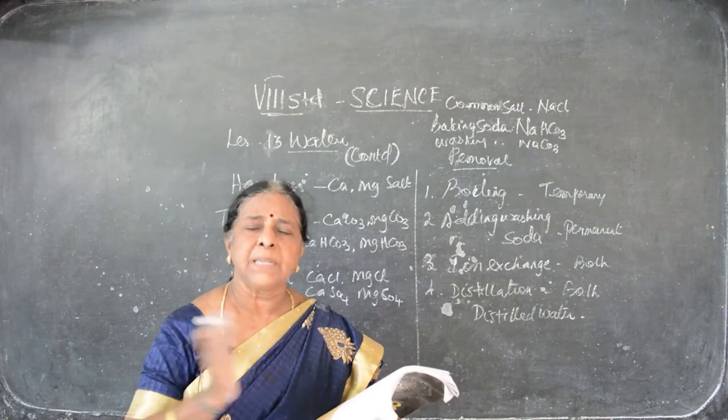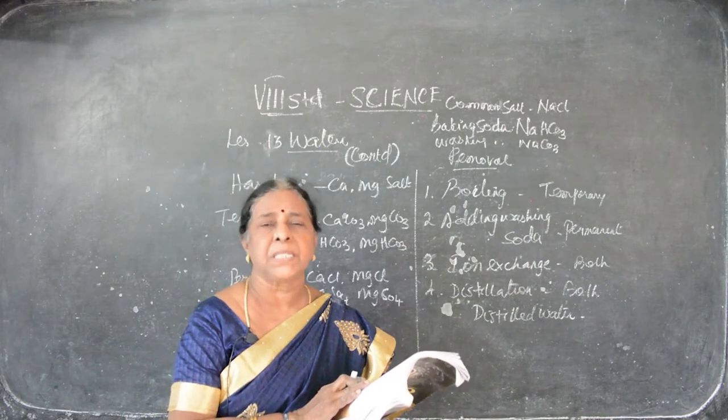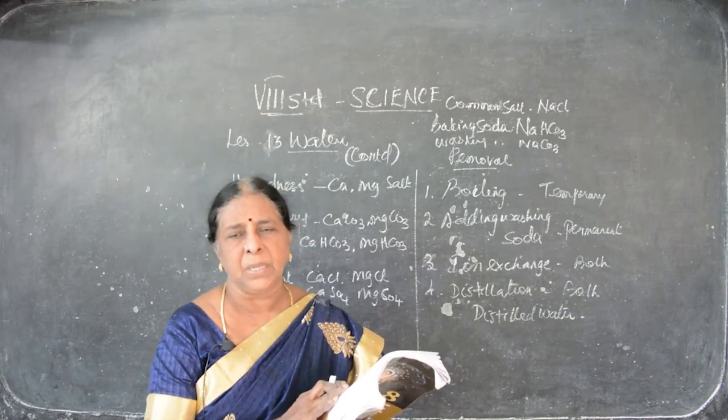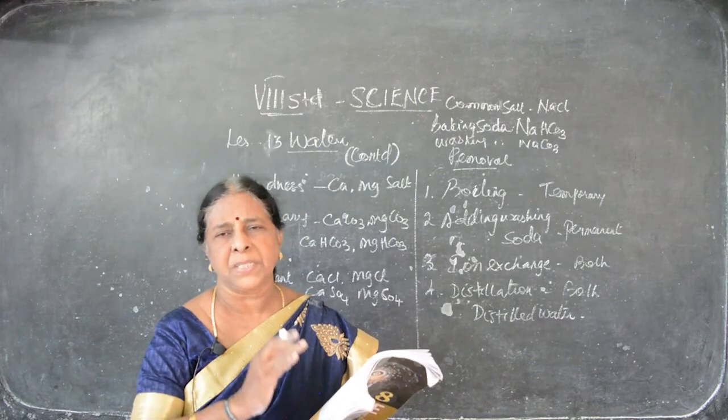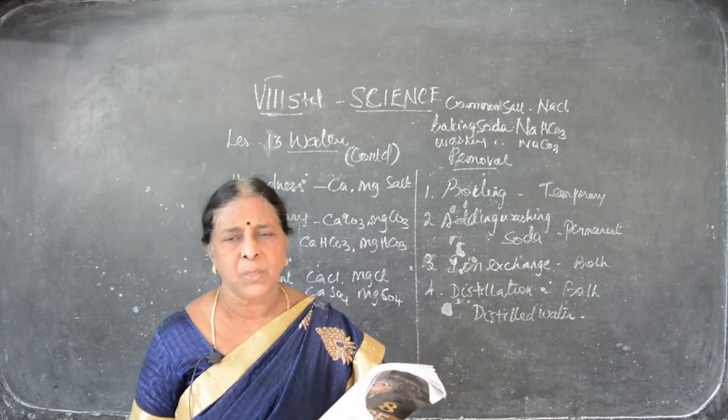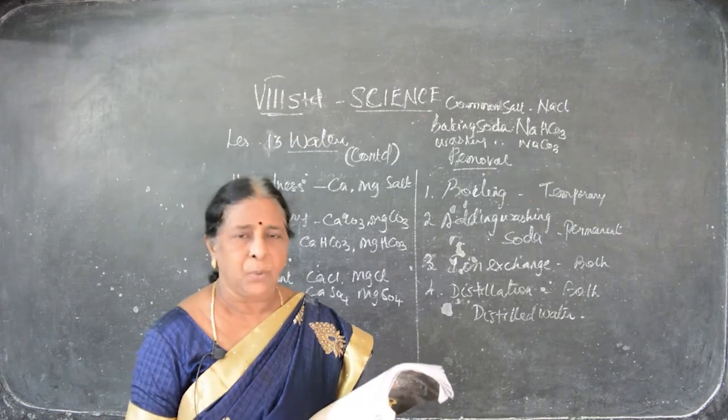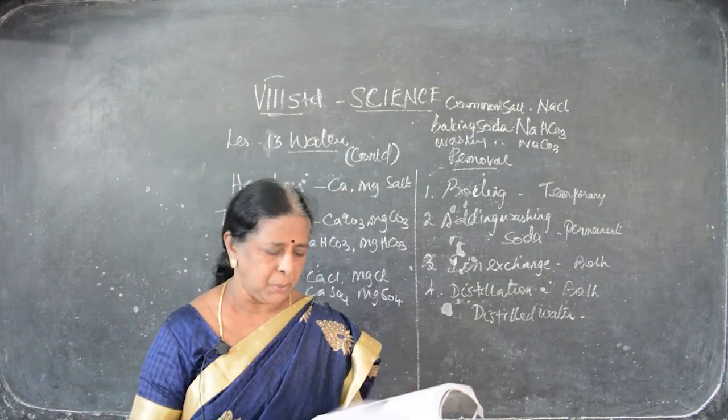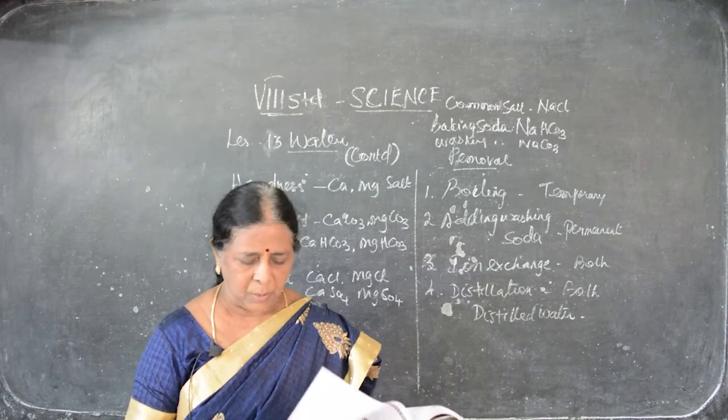What are the lessons given for midterm test, revision test? That won't be considered for the annual exam. Only 3 or 4 lessons only. Physics 1 lesson, chemistry 1 lesson and biology 1 lesson. I have decided like that. I don't know what madam will say. I'll find out and let you know. Okay. Now we'll go for question and answers.